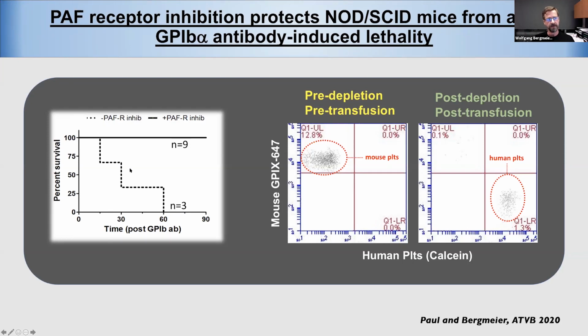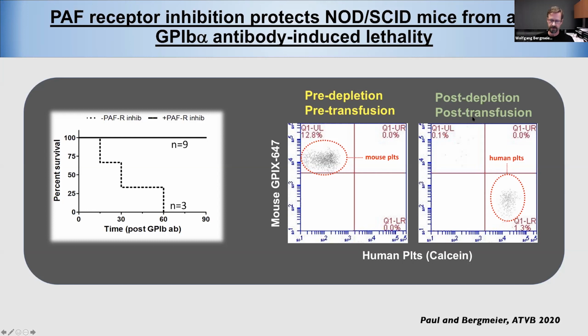saw lethality that we never see in regular mice. And it's a long story, but in the end, the issue here is that there is an anaphylactic response going on in these immunocompromised mice, and you have to also give these mice a PAF receptor inhibitor to completely wipe out this response. So in the presence of a PAF receptor inhibitor, all the mice tolerate depletion of endogenous platelets, and now you can basically go from a pre-depletion, pre-transfusion situation to a mouse that only has circulating human platelets,